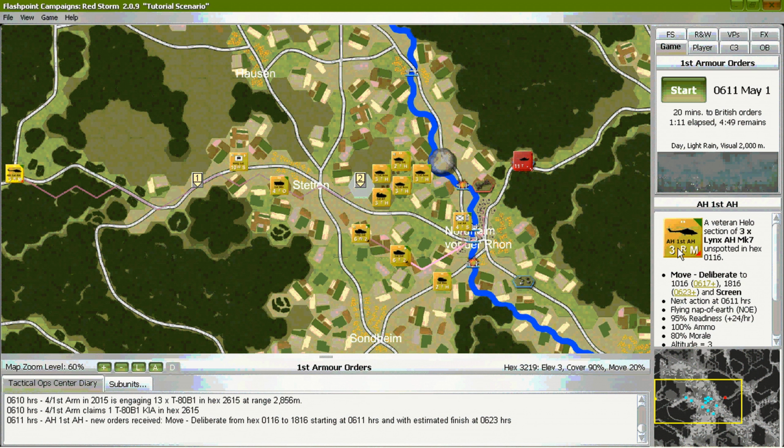Being on the hill should give us a good viewpoint of the battle area and hopefully keep us out of any Soviet air defense units' firing range.